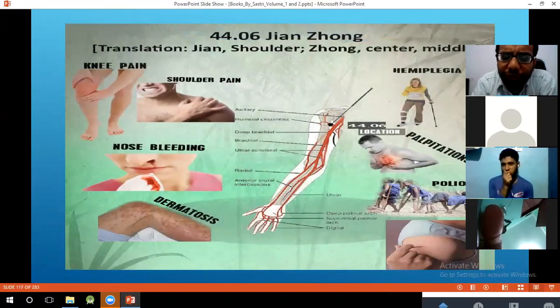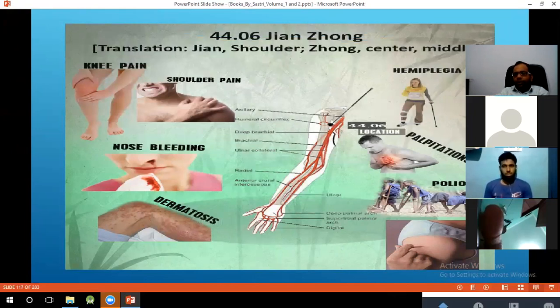Then comes 44.06. So 44.06 is very good for shoulder pain, cervical radiculopathy, nose bleeding, and all. We combine it with 11.11. It is large intestine 11, LI 11. Yeah, QT. So combine 44.06 with QT, you will get very good results. And whenever you see a case of military here, you combine it with 44.06, with 11.10, 11.9, and 11.8. Combining 44.06, 11.10, and 13, you get very good results in nose bleeding